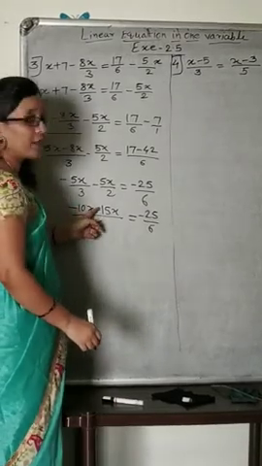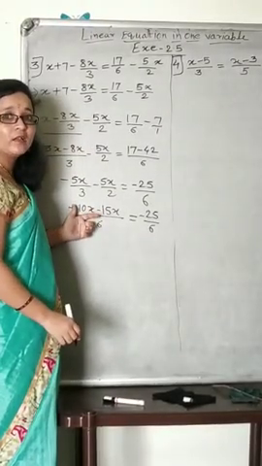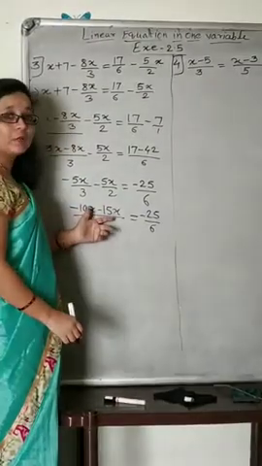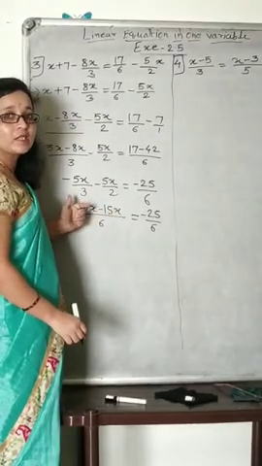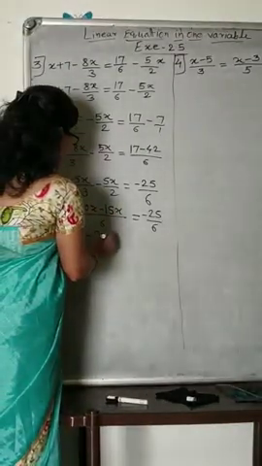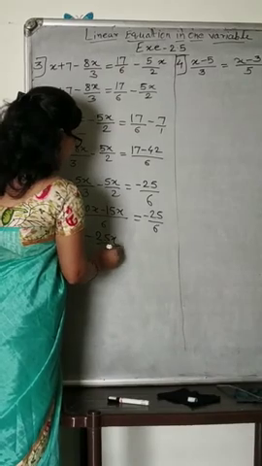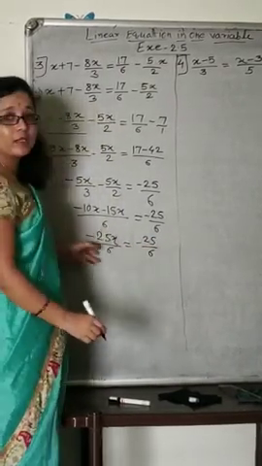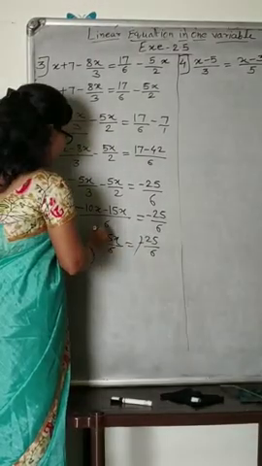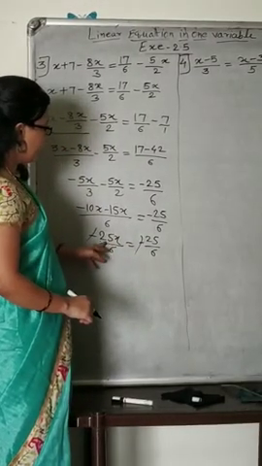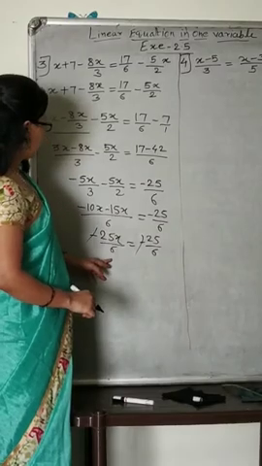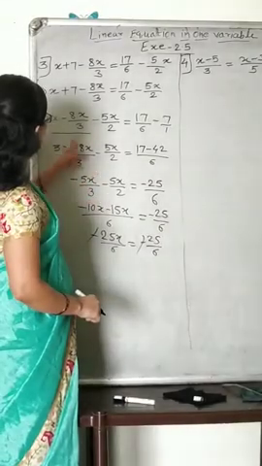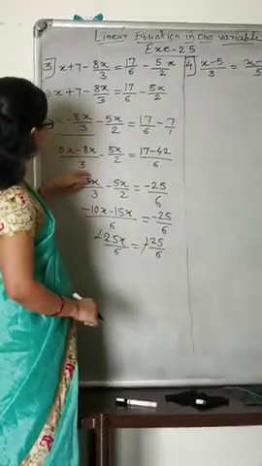Now here minus minus is plus because both signs are minus, that's why it will be addition. Then 15 plus 10, it will be minus 25x divided by 6 is equal to minus 25 by 6. Then here minus minus plus will be there. Then what will be there? There is 25 by 6. Here is what we got, minus.